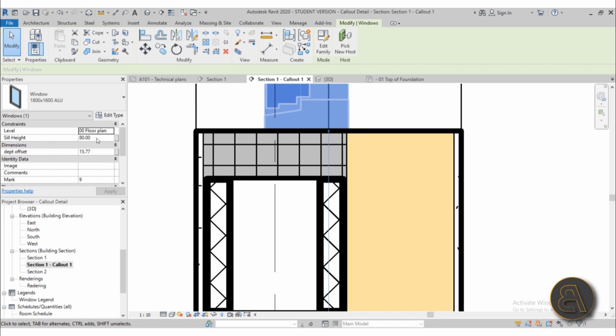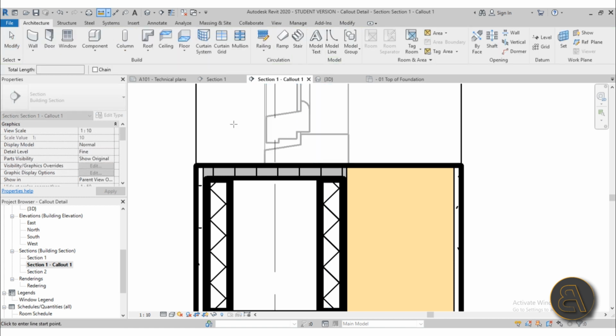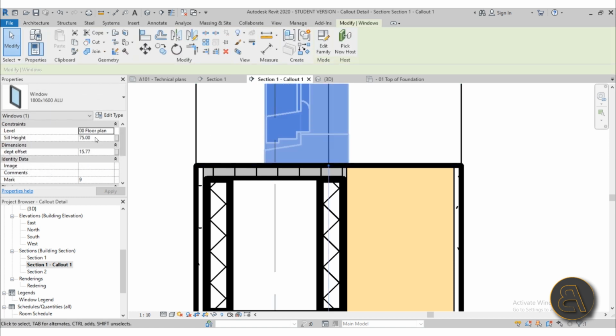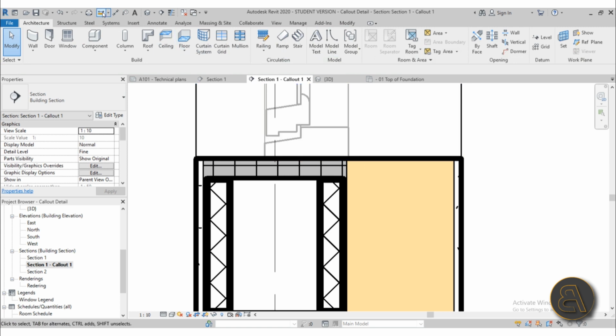So I'm going to drop down the window to maybe 75 centimeters, or that might be too small. Yeah, let's go 76. So I'm going to go with 76 centimeters here, and then it leaves me with 3